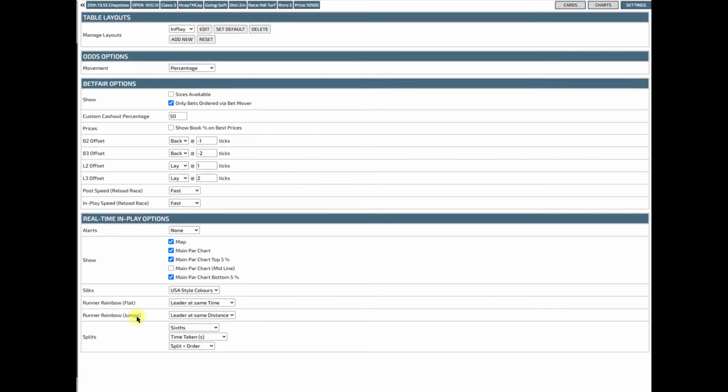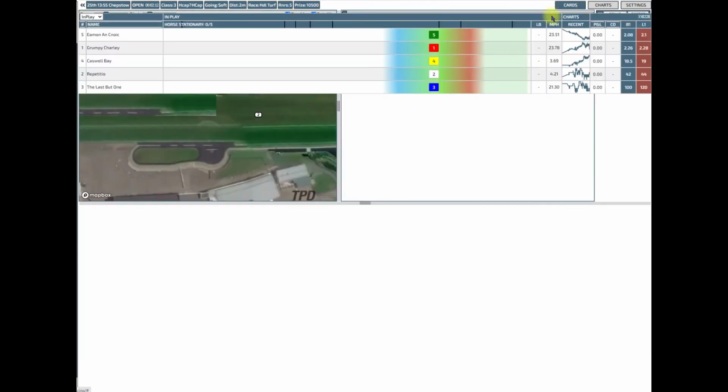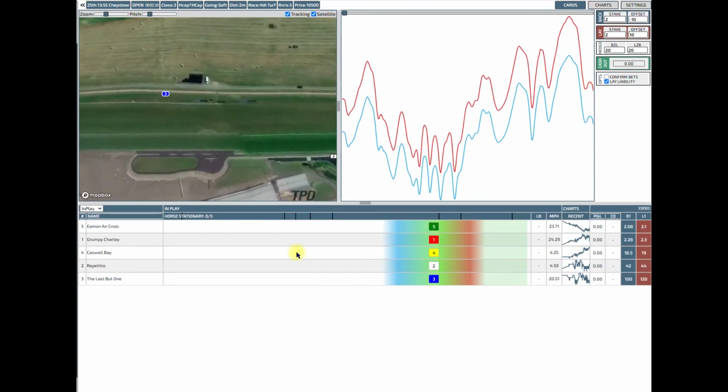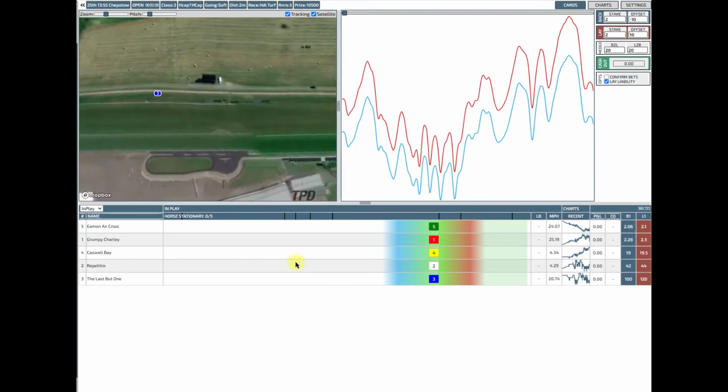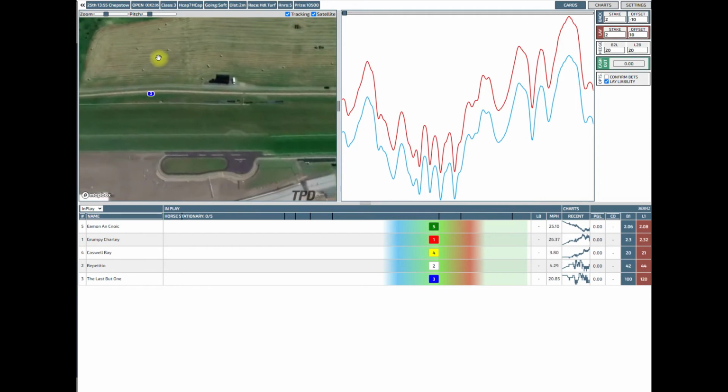But again, this is just an at-a-glance walkthrough, the first step in using it. I've also got USA style colours just because they look pretty. So here we go, and they're all heading off to the start of the race, which you can see from the